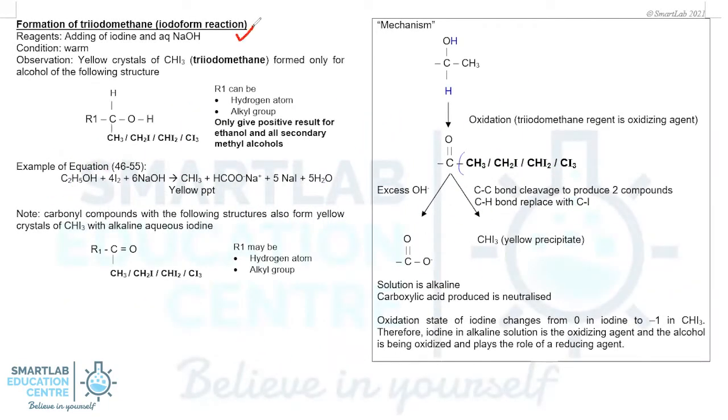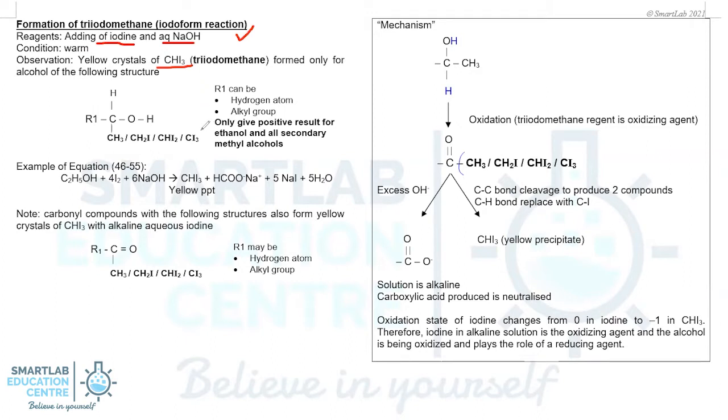Haloform test. The haloform test is essentially a QA test, and in the reactions, it is used to identify specific structures of alcohol group. We'll note that the reagent that's used is actually an oxidizing agent, which comprises iodine and sodium hydroxide. And finally, one of the products is CHI3, which is a yellow precipitate. The observation of the yellow precipitate allows you to confirm that the haloform reaction is a positive one and a specific alcohol structure is present.